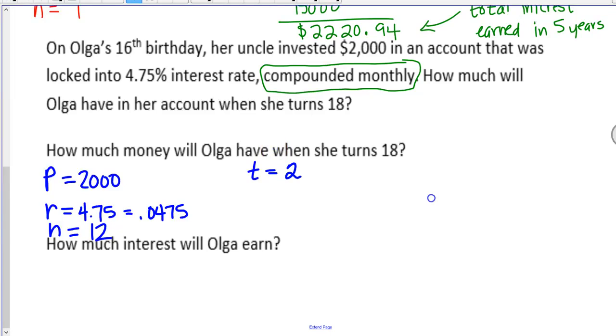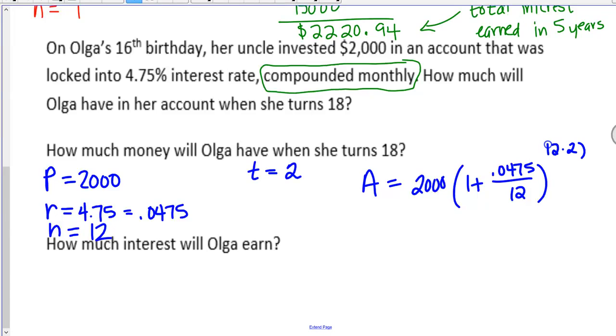All right, so we're just going to go ahead and plug that in. So A equals 2,000, 1 plus 0.0475 divided by 12, and again to the 12 times 2 power. So how much money will she have? So that's going to be, plug that in,